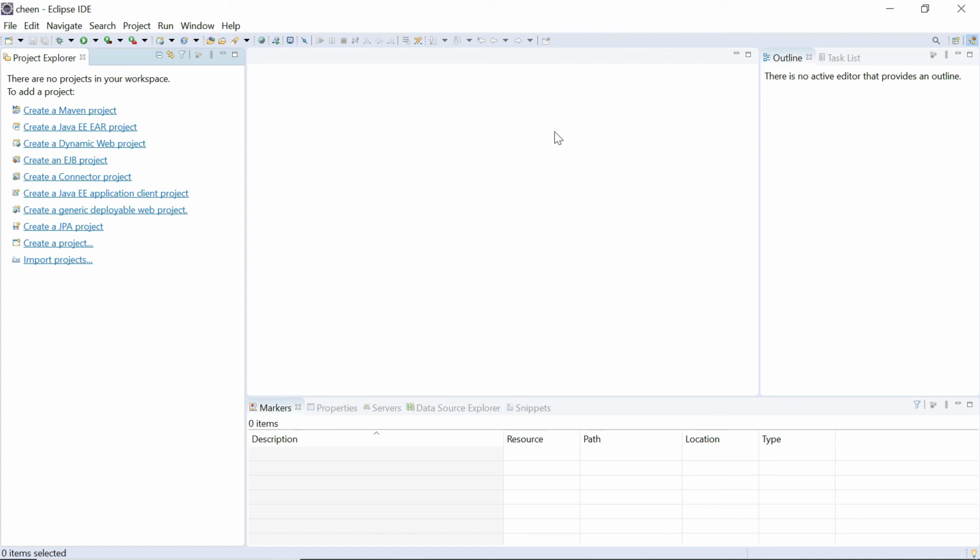So what are the preconditions to install Eclipse IDE? Java must be installed before installing it, because it will definitely search for the Java language on your operating system. If it's not there, you cannot install Eclipse IDE. So guys, that's what the installation of Eclipse IDE and Java is.